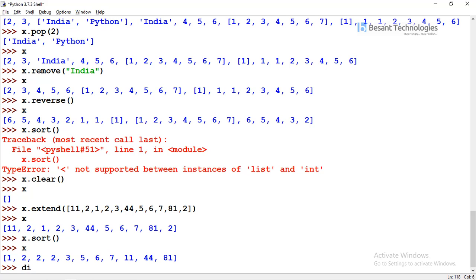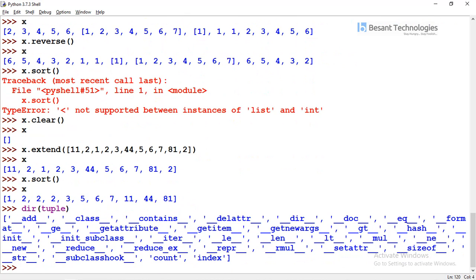Now we are going ahead with the tuple. There is nothing more to discuss in a tuple. The reason is tuple is immutable. That's nothing but we can't add, modify or change anything in the tuple data type. That's the reason we have only count and index. Count is used to count how many elements there are, and index is used to get the index position. So this data type also we need to handle exactly like our list data type. So this is your list data type directory function. The next thing is we need to discuss dictionary directories.